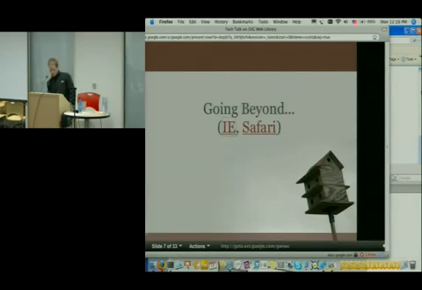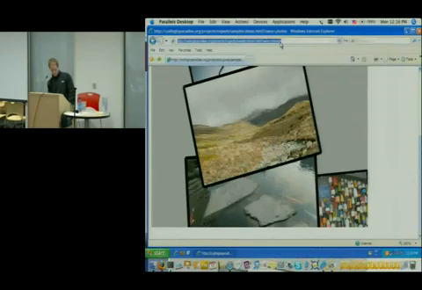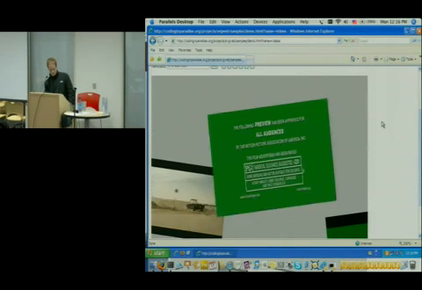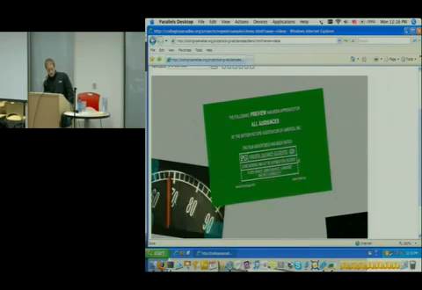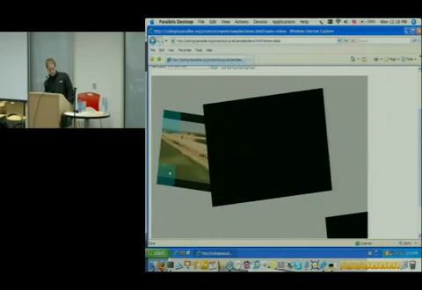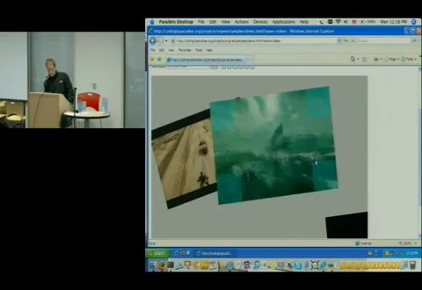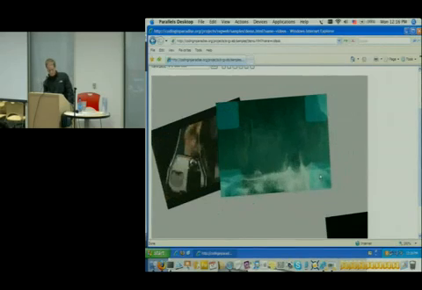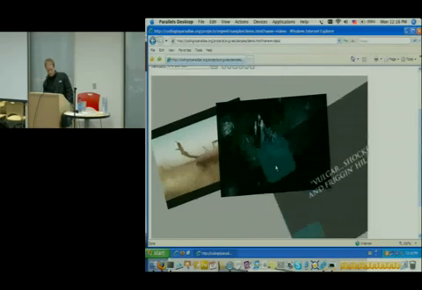So here we are. Instead of photos, now we have videos that we can manipulate. And keep in mind, this is Internet Explorer 7, and this is running in a virtual machine.